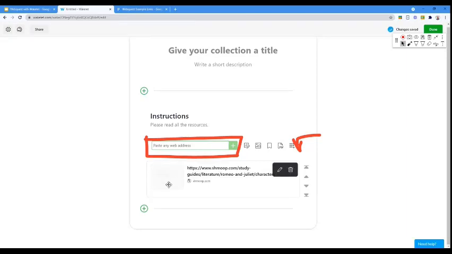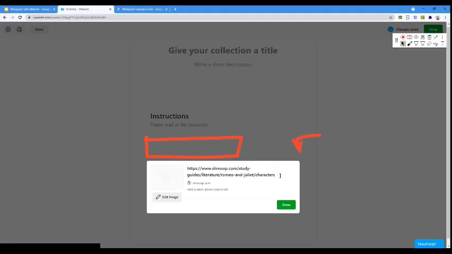It's a website, and it'll try to find a relevant link or image over here. For the Shmoop one, it can't pick up the image it needs from Shmoop's website, so it's just going to have a little blank block there. Now, if I want to, I can edit that and change the image. You can upload something, use